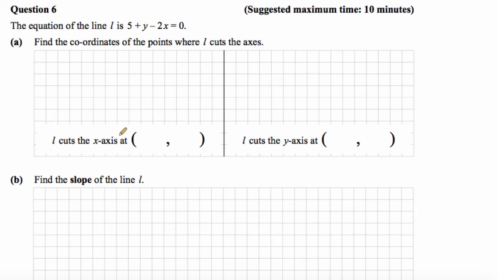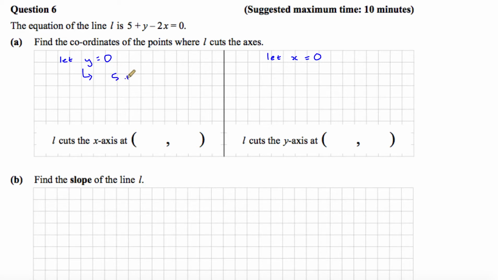So to find the x-intercept, or where L cuts the x-axis, you let y be equal to 0. And to find the y-intercept, you let x be equal to 0. Because any point on the y-axis will have the coordinates (0, something), and any point on the x-axis will have the coordinates (something, 0), the y position. So in our equation we're going to let y be 0, so that will give me